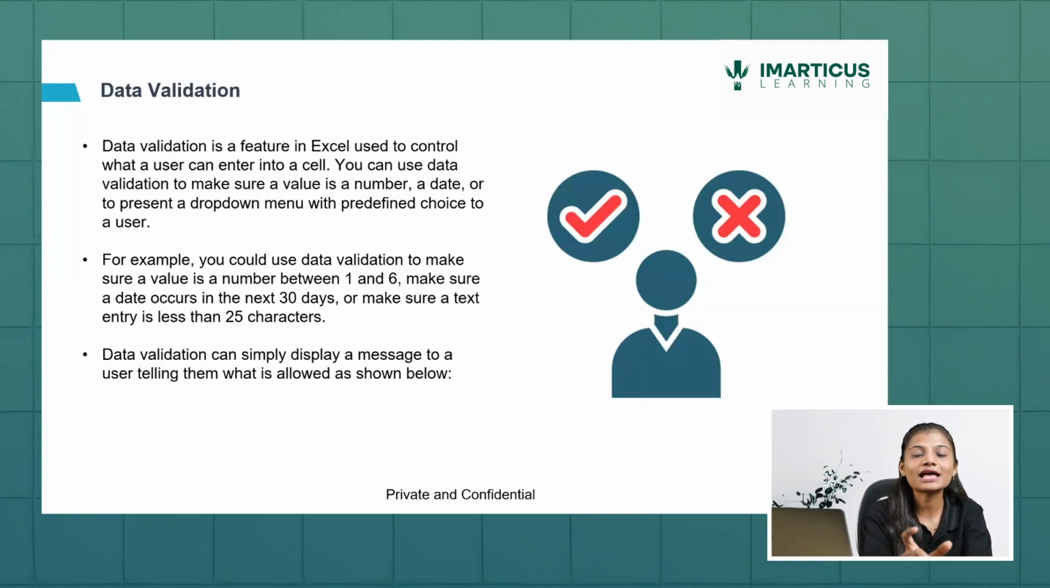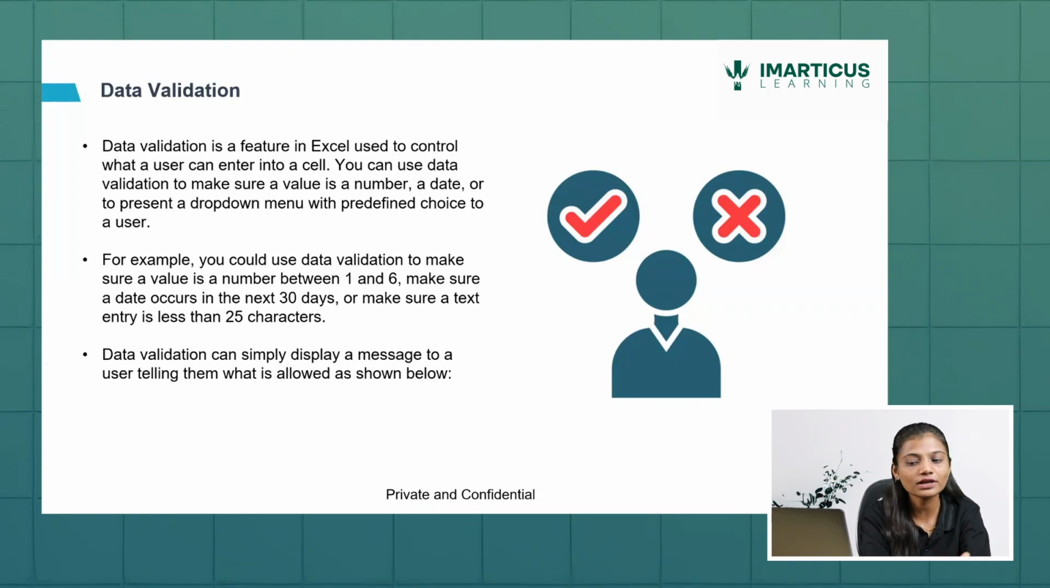So data validation, as the name suggests, means the values, that's the data, will be validated. Validated means before being entered, it will be checked. Checked on the basis of what? On the basis of restrictions which we require. So for that, we will implement certain data validation which will show a correct tick if the value is correct or a cross if the value is incorrect. For example, we could use data validation to make sure that the number is between 1 and 6. We can make sure a date occurs within the next 30 days, or make sure the text has less than